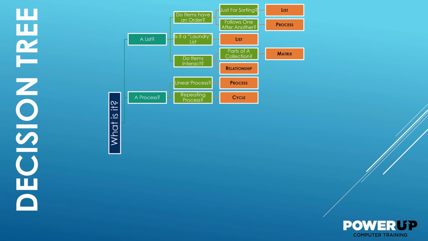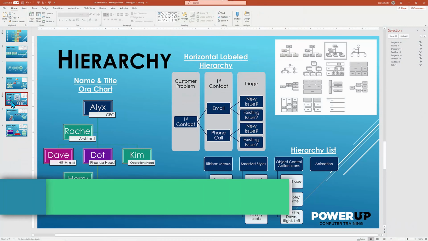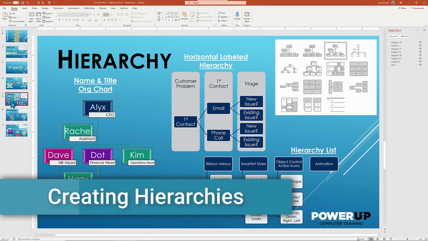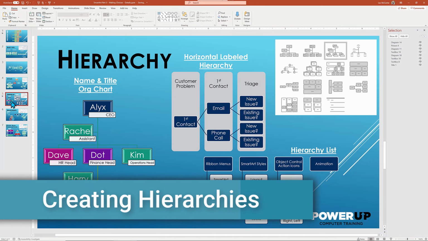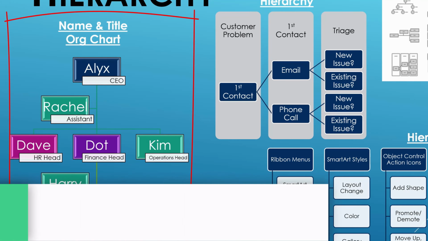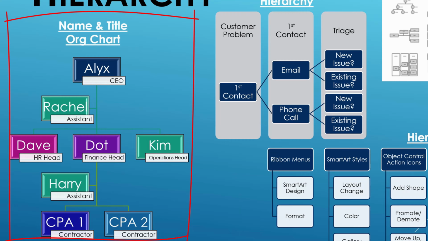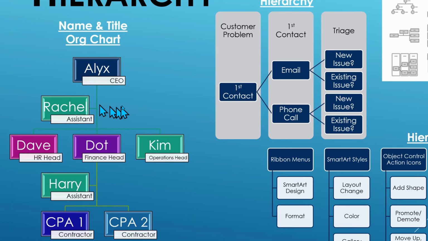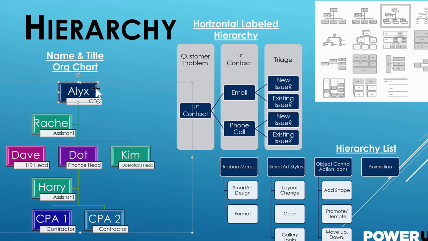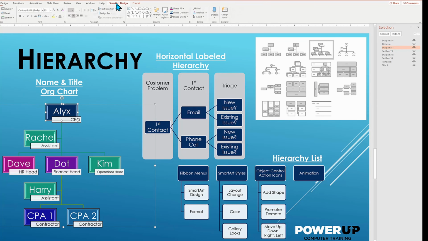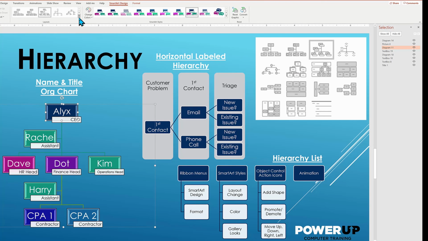Another specialized process is a hierarchy. What you're looking at on this slide is exactly that type of SmartArt to show you our decision tree, but there's more to this category. One of the more recognizable hierarchies is the org chart. If you want to see how we built this specific one, make sure to watch the first YouTube video in this series about SmartArt. Org charts work great in SmartArt for medium to small organizations,